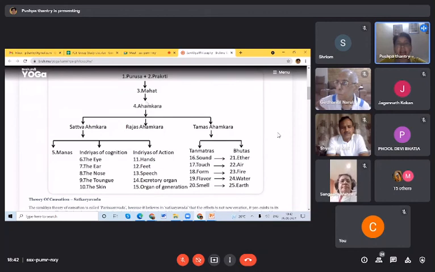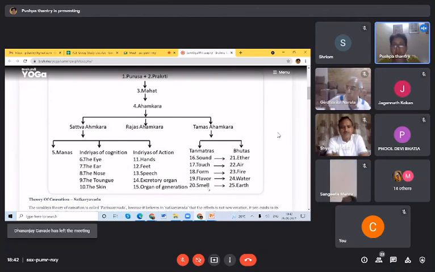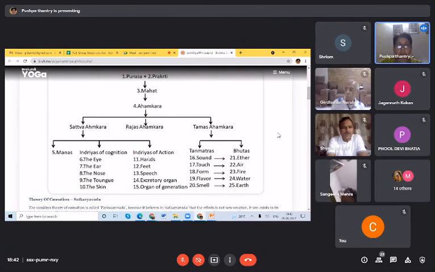And here definitely there will be some questions. When we were preparing for the exam, there were a lot of questions on the Tanmatras and how they relate to the Panchamahabhutas. So I thought this representation is interesting, and also about the Indriyas and which Mahabhutas they relate to, in both Karmendriyas and Jnanendriyas. So these are the key points for you to remember from the exam point of view.